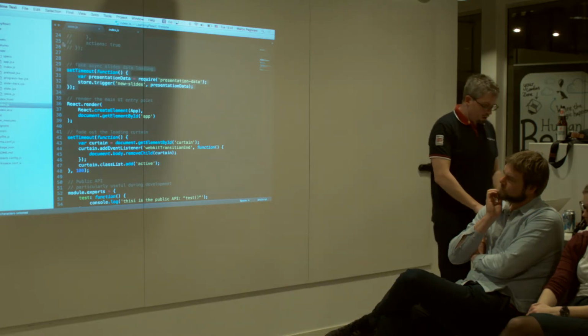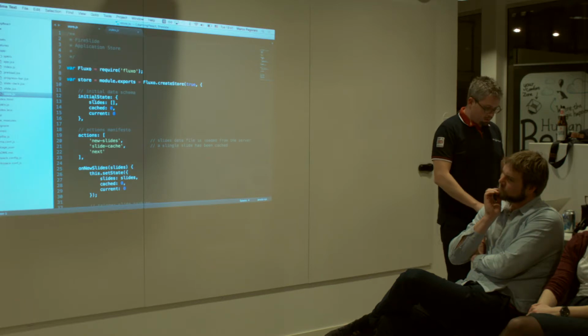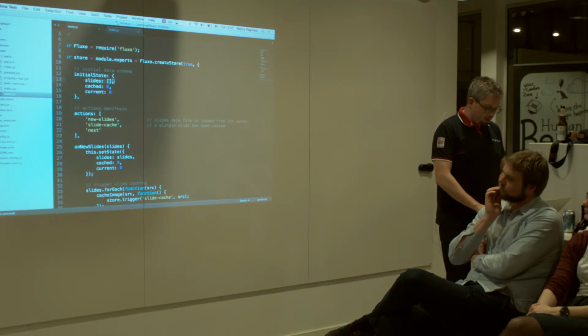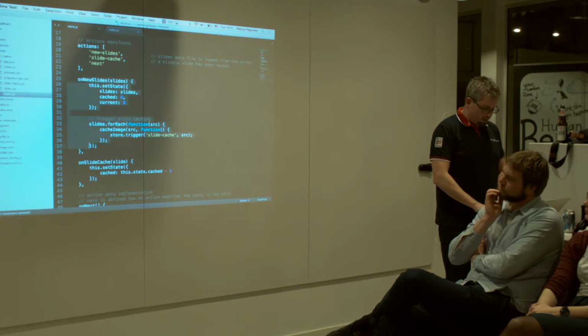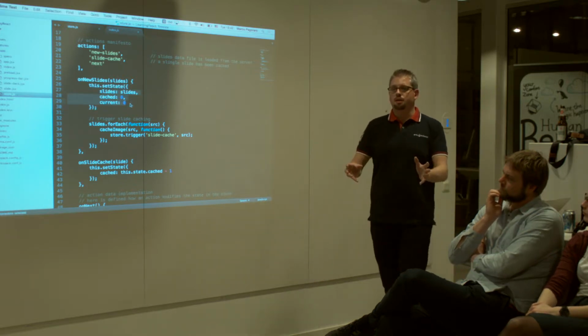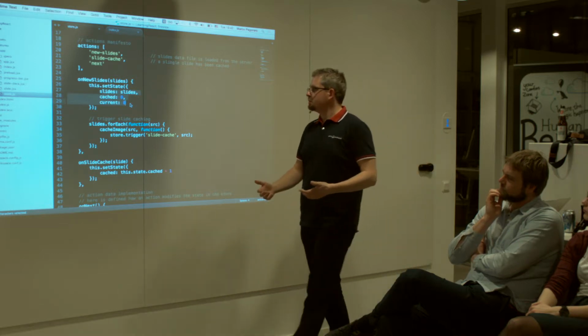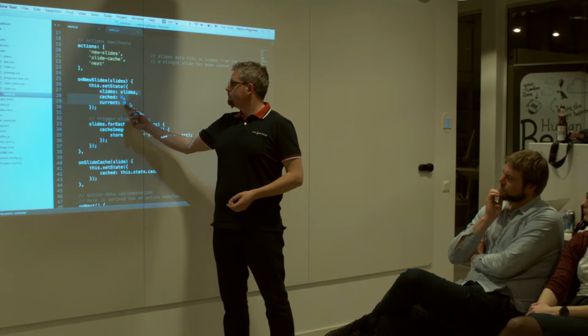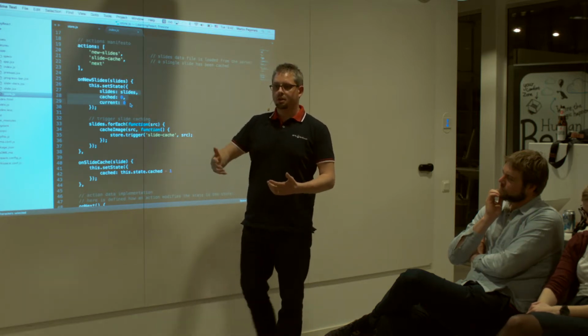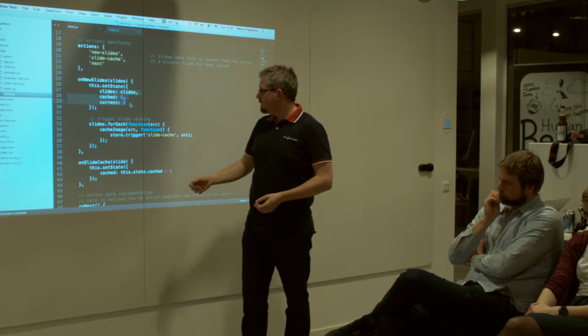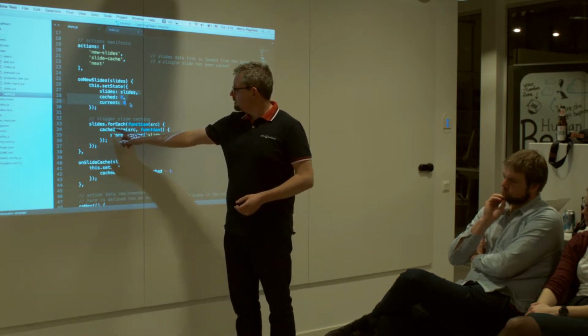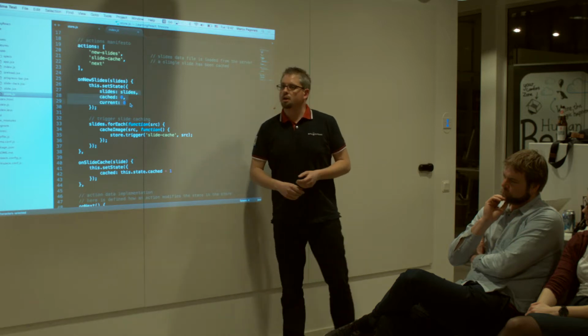Okay. So the store starts to be a little more complicated. There are no slides initially. I can implement the on new slide action to receive the slides and change the state. It also resets stuff. So when it receives new slides, it basically means that a new presentation is about to start. So I reset the cached information and the current one. So any time I reload, it will start from scratch. Okay, and then it starts a loop asking for some library that I may have found